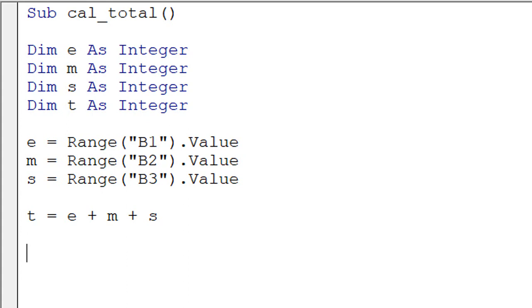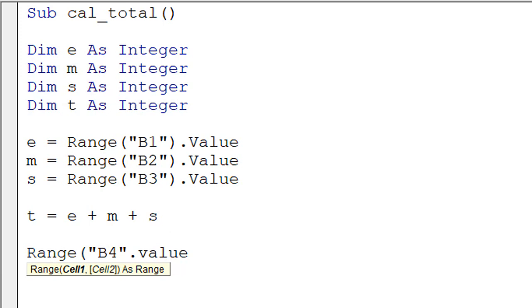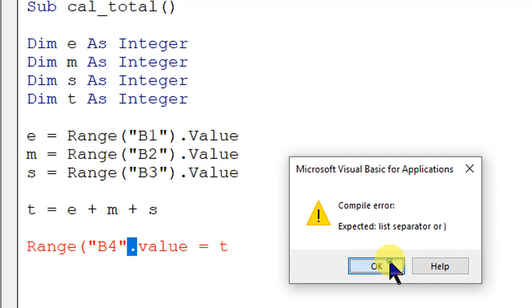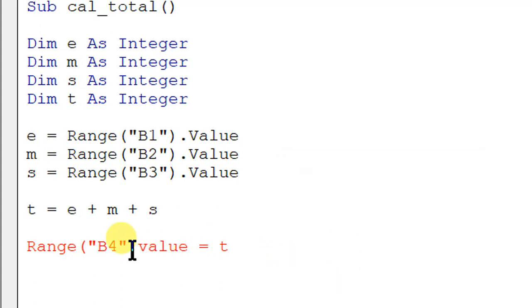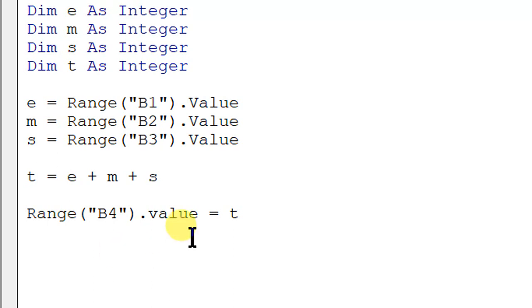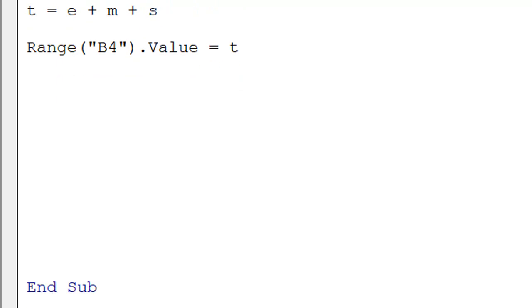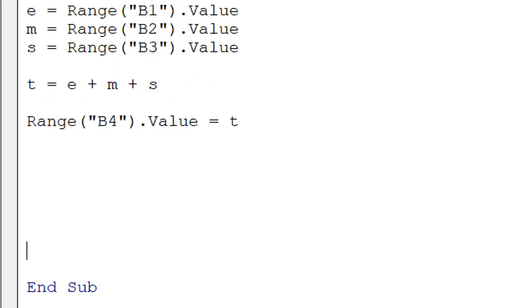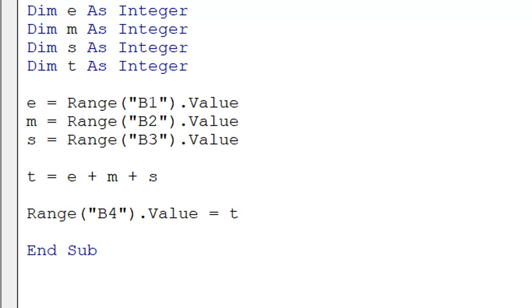Now I want to put the value of T into our Excel once again. So let's do it. This time Range("B4").Value = T. Program is ready.